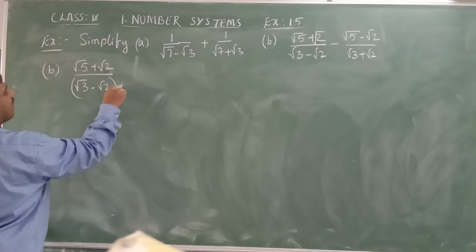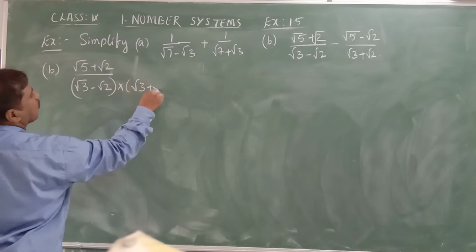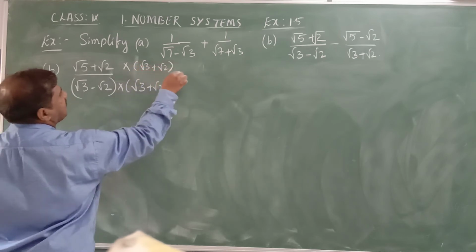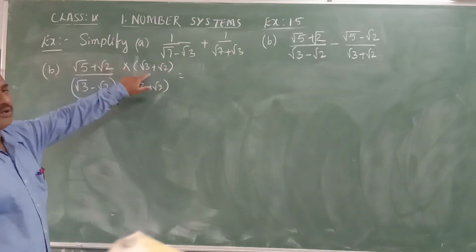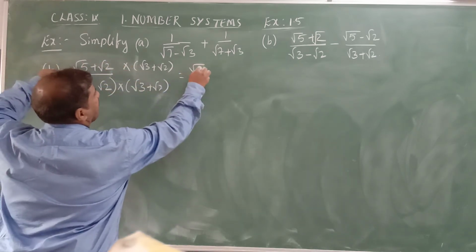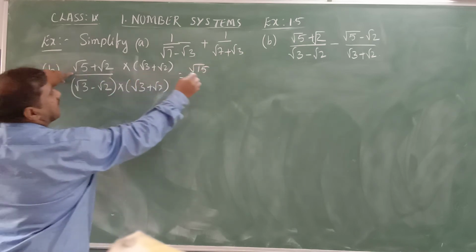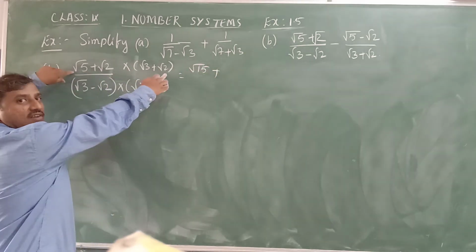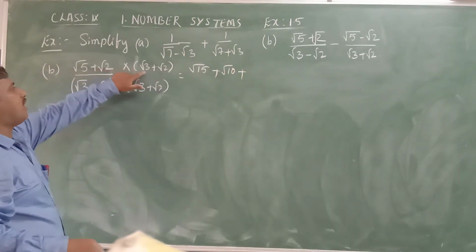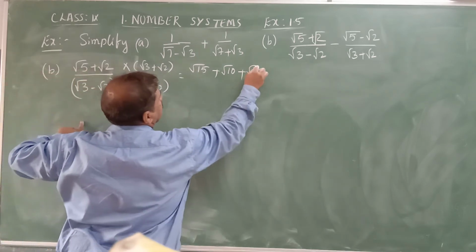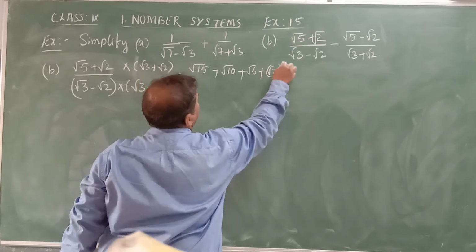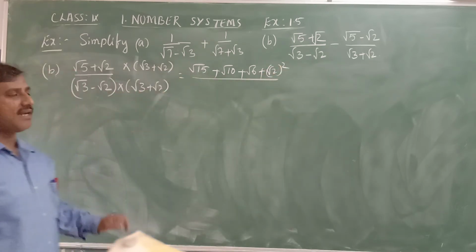Simplify the first term, that is root 5 plus root 2 divided by root 3 minus root 2, multiplied with root 3 plus root 2. So the numerator is also multiplied with root 3 plus root 2. What do we get? Root 5 into root 3, 5 into 3 is 15, root 15, plus root 5 into root 2, 5 into 2 is 10, root 10, again plus root 2 into root 3, 2 into 3 is 6, root 6, plus root 2 into root 2, it is root 2 whole square,